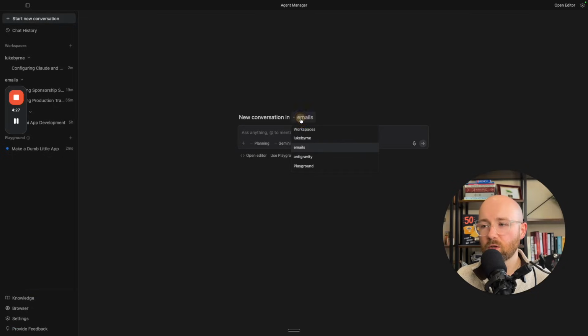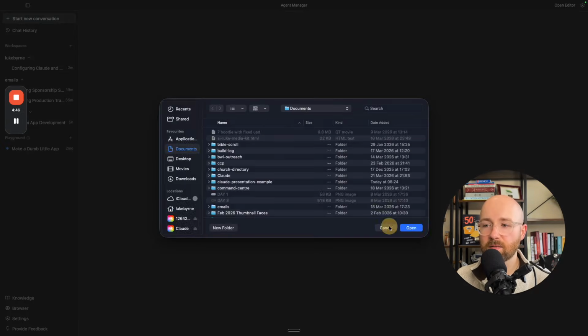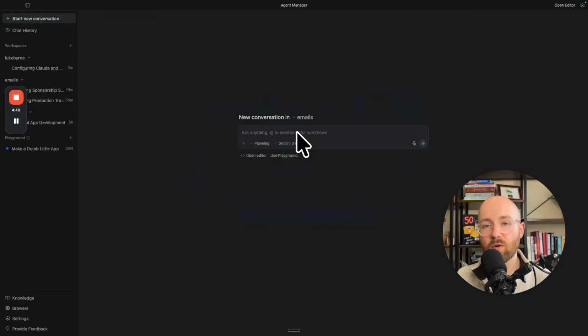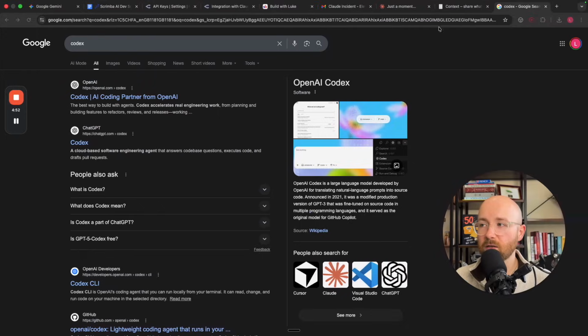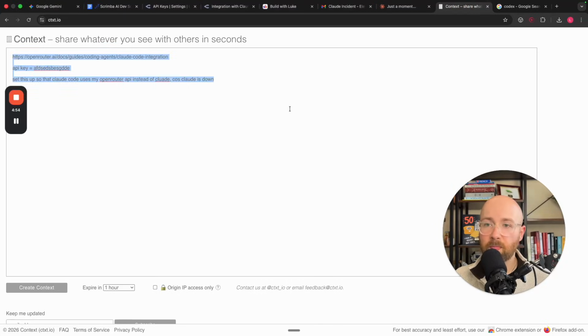So here you want to select a workspace or create a new one. I had to create a new one, which is just up here: click plus, and new folder. Then you find whichever folder you want, it doesn't matter. For me, I just selected the root folder, and then you just paste into this box here that big prompt that we had just written in context, and then it'll go